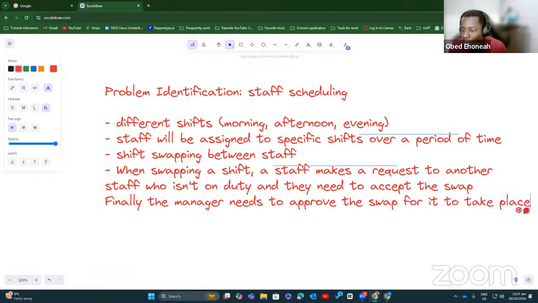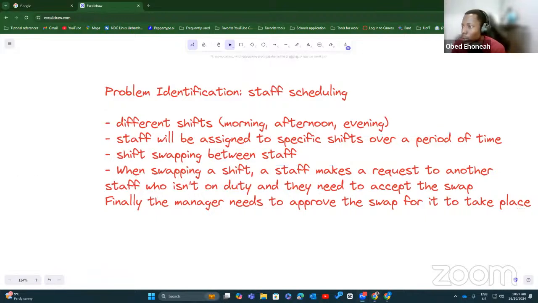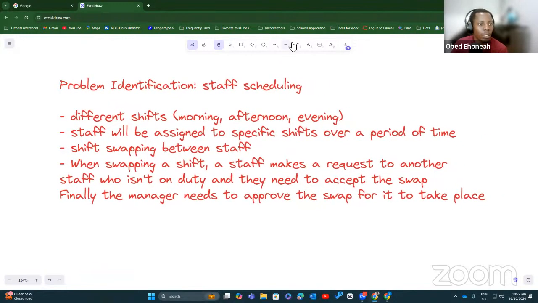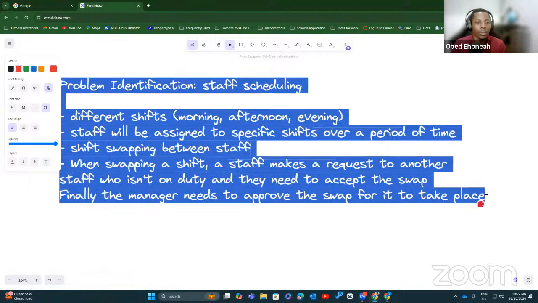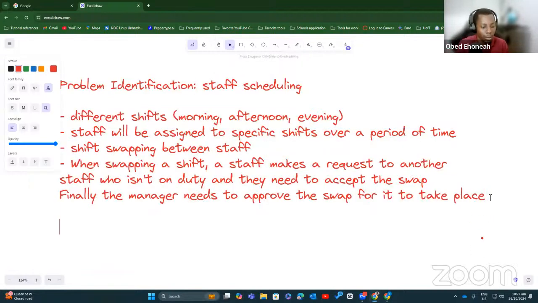Okay, I'm seeing some comments. This shifts annual leave, yeah. So we can also incorporate the leave system such that some workers can be on leave, and staff leave management.